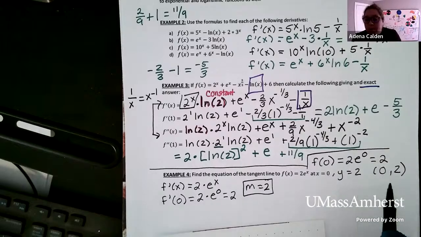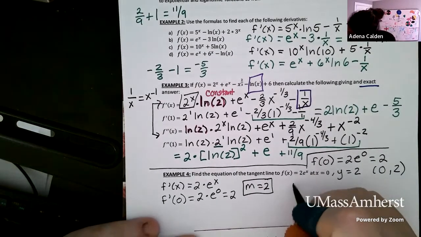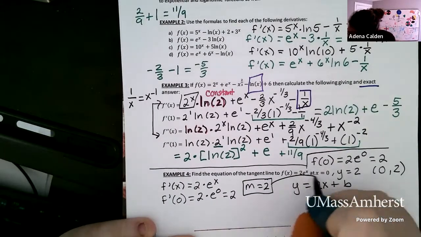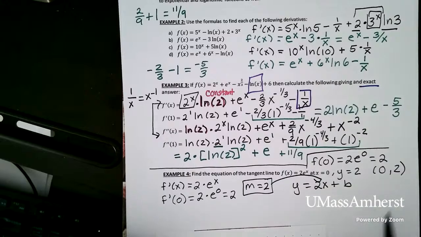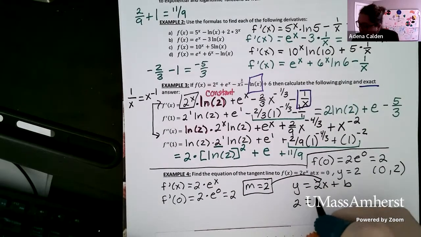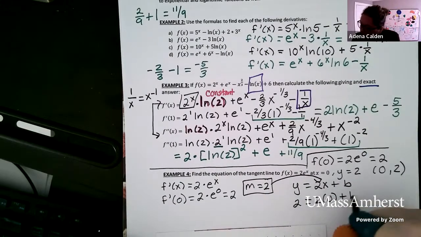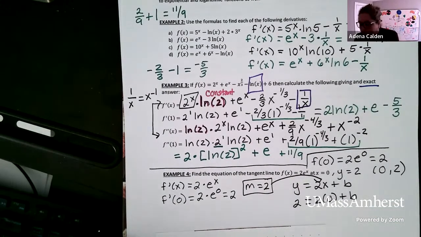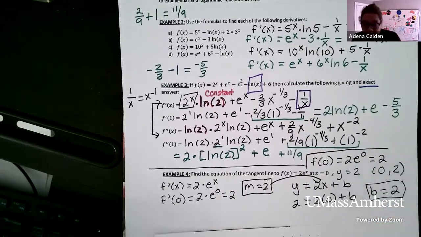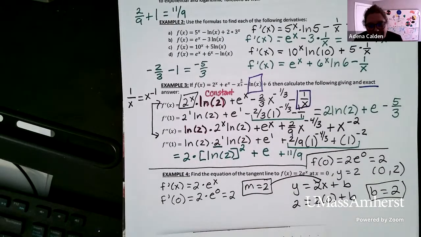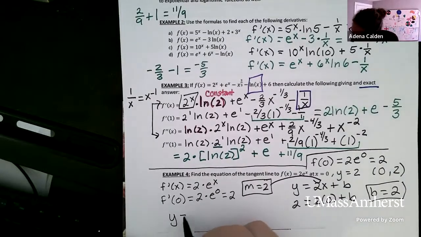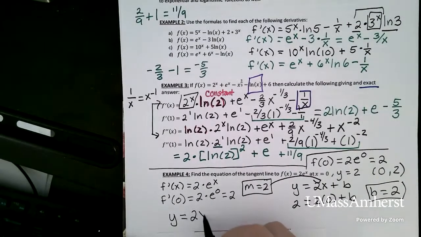So now I have a point and I have a slope. So I'm going to bring in my y equals mx plus b, where I'm going to plug in the slope. So y equals 2x plus b. Now, when x is 0, y should equal 2. So I have 2 equals 2 times 0 plus b. 2 times 0 is 0. So that tells me that b also equals 2. There's a lot of 2's in this particular problem. That's just a coincidence. So here, putting everything together, we have y equals 2x